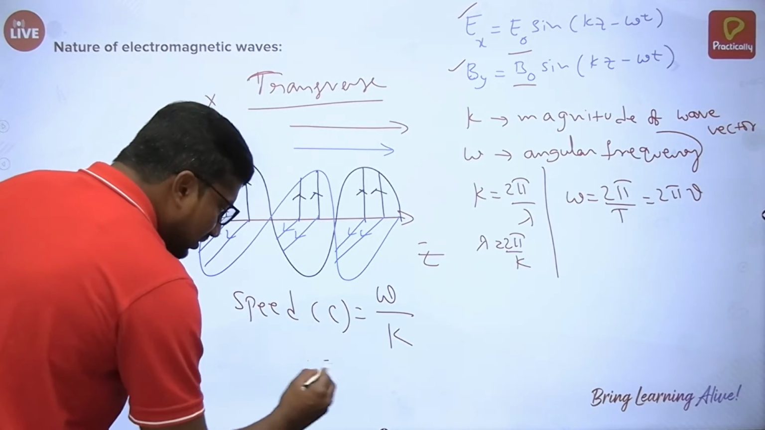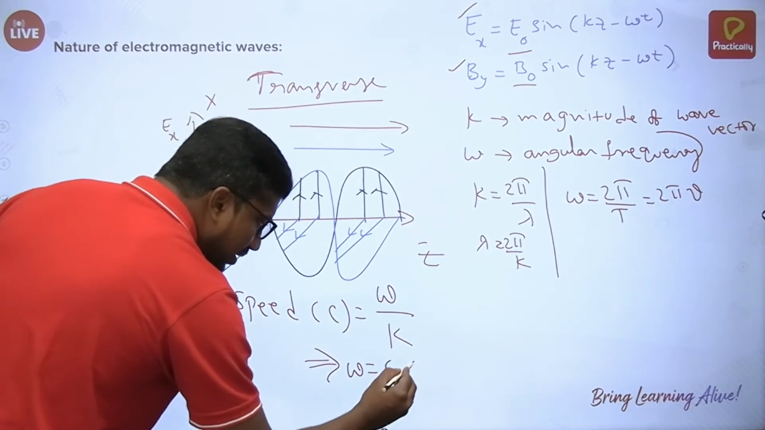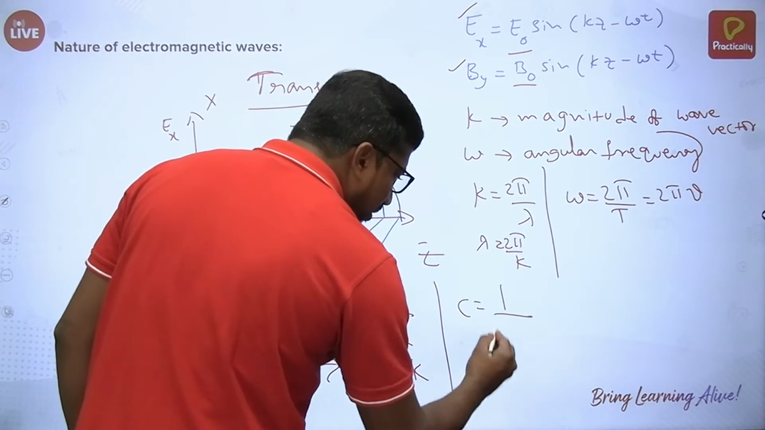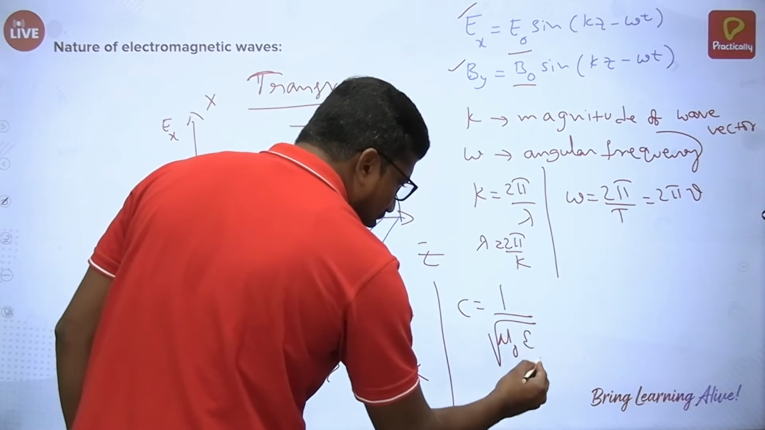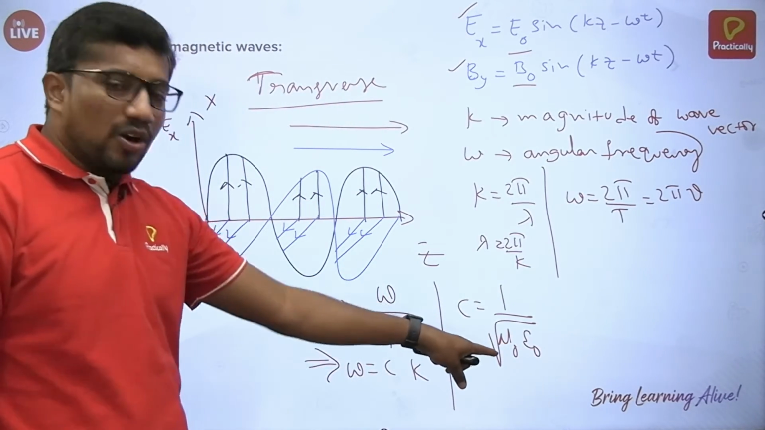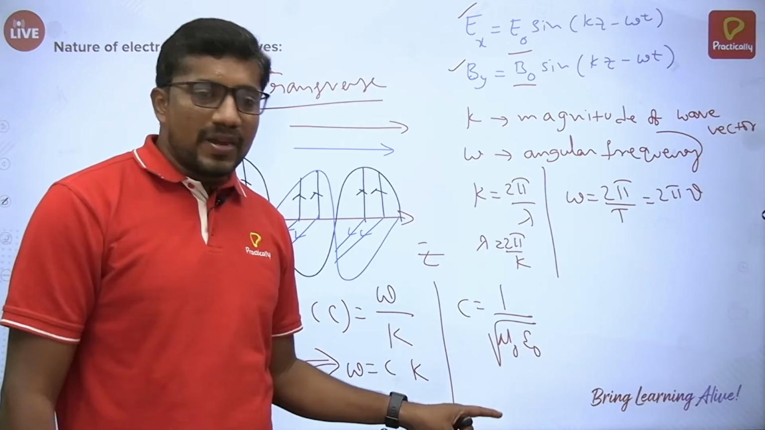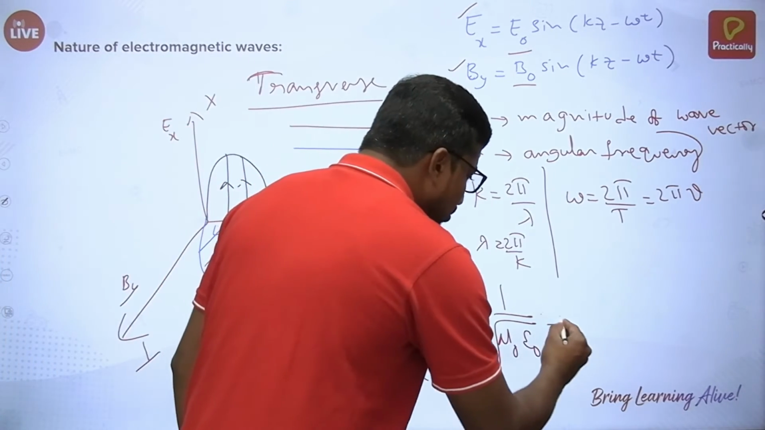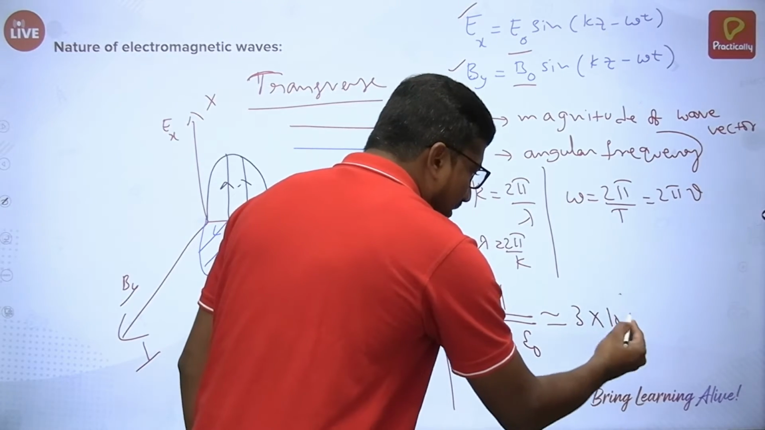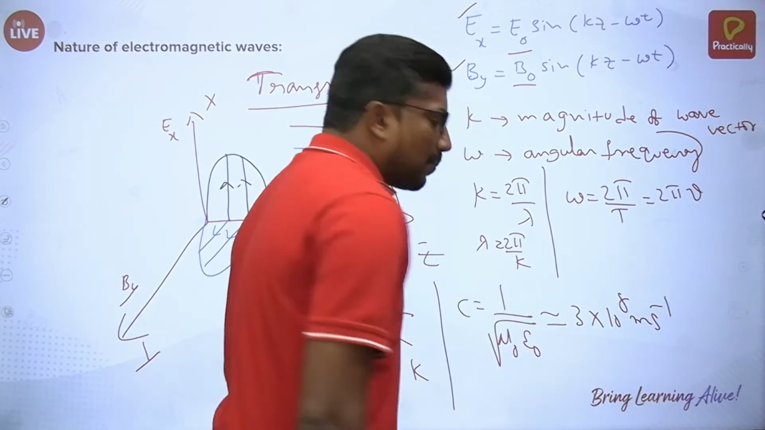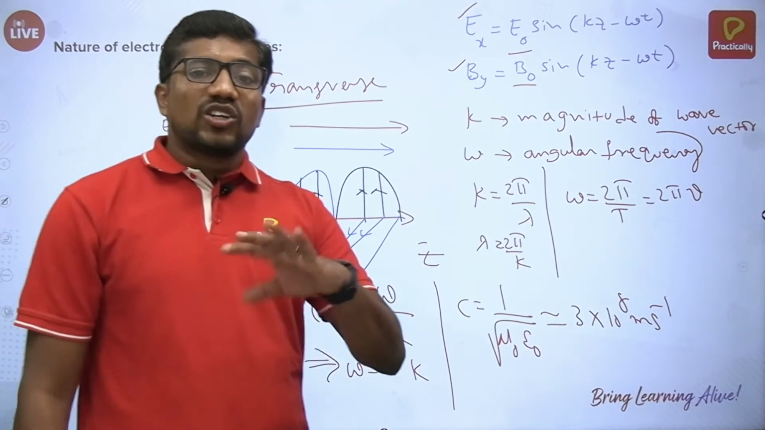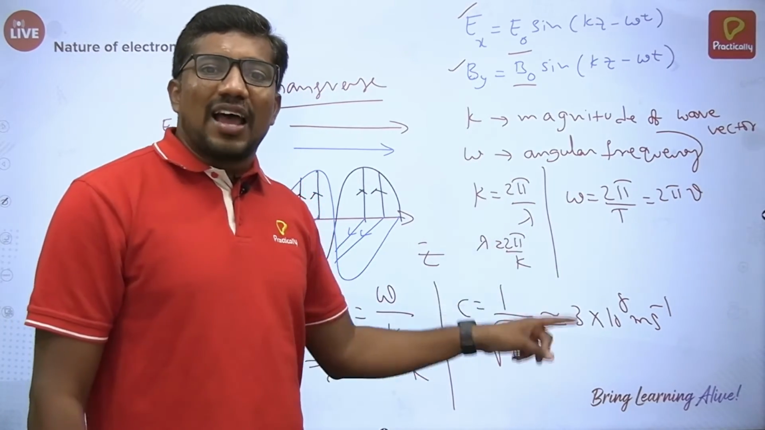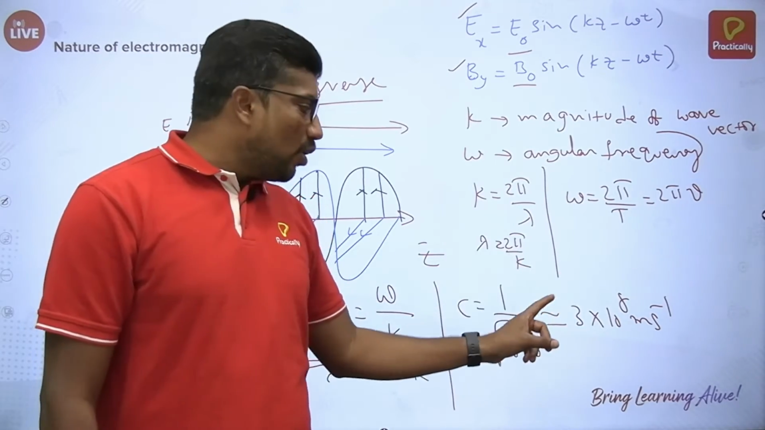So that means omega is equal to C multiplied by K, whereas C can be written as 1 by root of mu naught into epsilon naught. Mu naught is the permeability of free space, epsilon naught is the permittivity of free space. If you substitute those values, you will get approximately 3 multiplied by 10 power 8 meter per second. So whatever electromagnetic waves are generated in free space will be traveling with the speed of light,